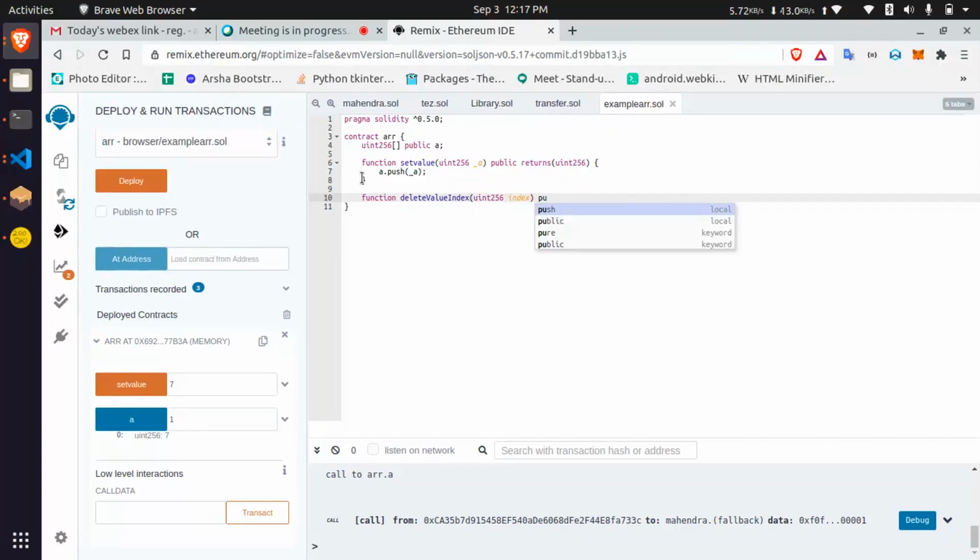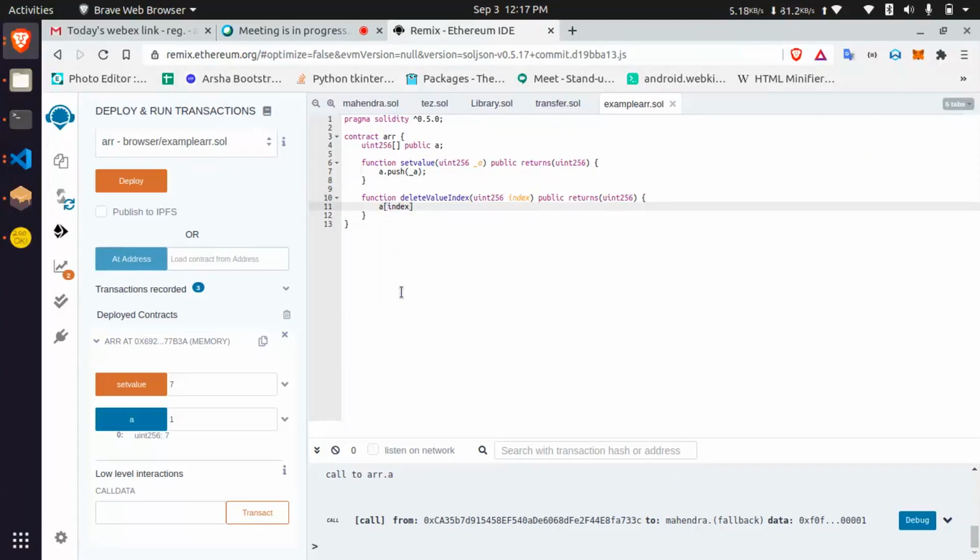This also has some local changes. Public returns uint256, and then we need to point out that index.